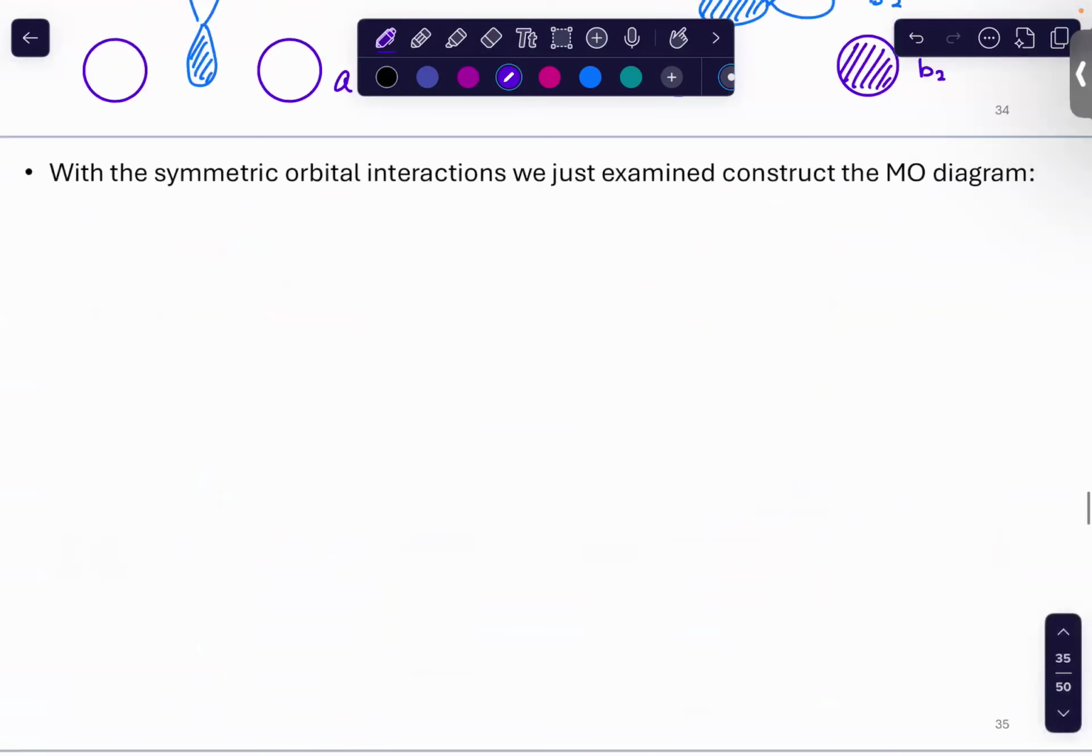Now, can you construct the molecular orbital diagram? Oh gosh, okay. You have to go lowest energy to highest energy. Okay, you said the PX is the HOMO. And then there's one that we just did with the